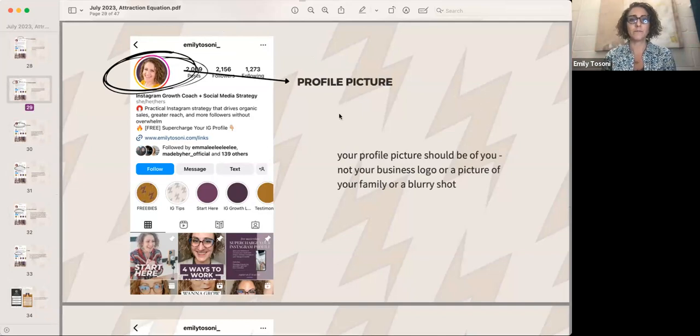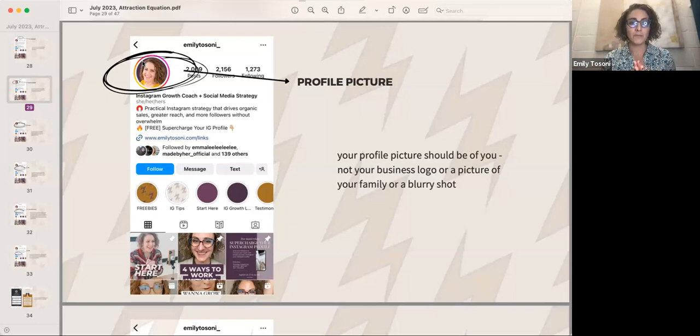All right, the next part of your profile is your profile picture. I already said this, but I'll say it again. I recommend that it be a picture of you. Unless you are a multi-person business, you have 4 or 5 faces in your business, then definitely use the logo, because if you tried to put a picture of 4 of you on there, you wouldn't be able to see your faces. People connect with faces.